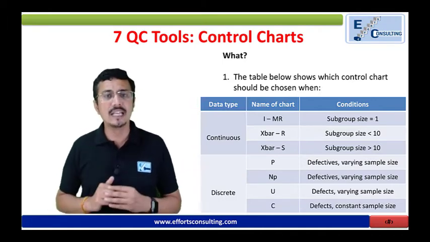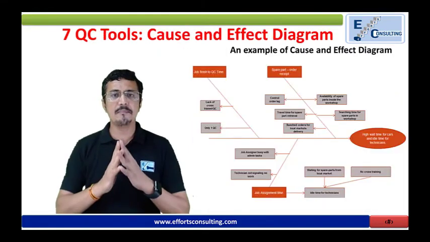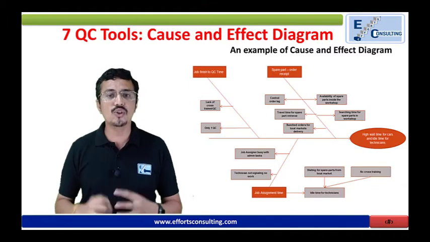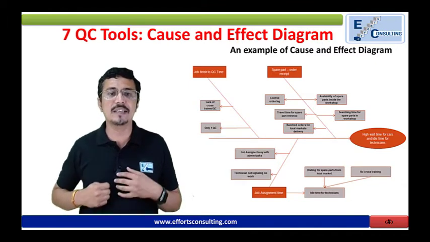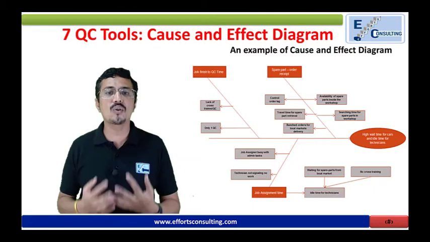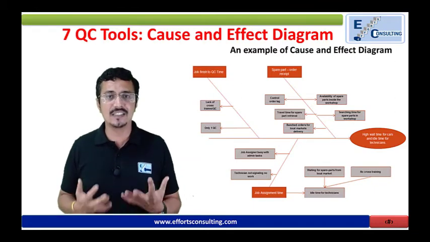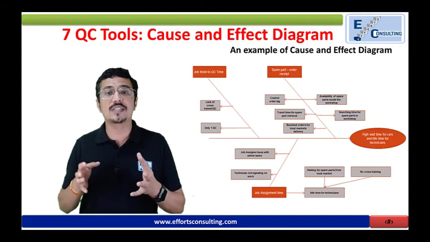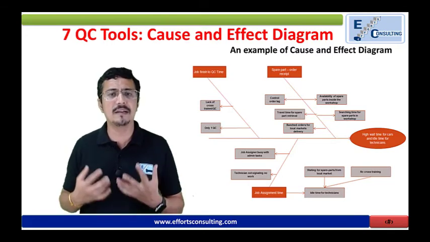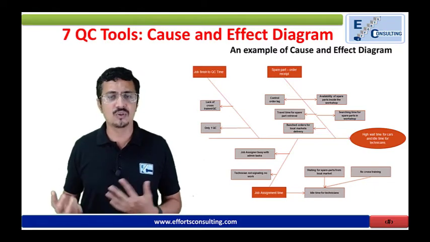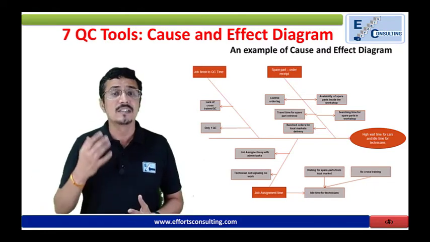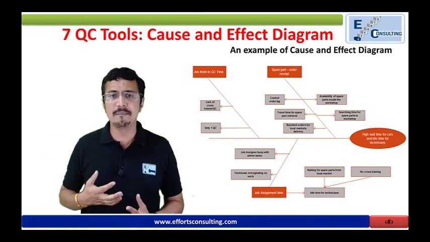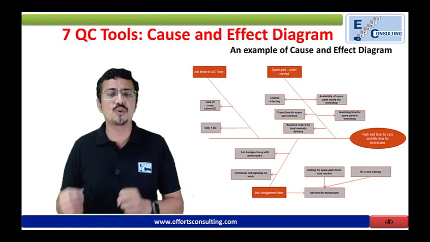Let us understand a very important tool, that is the cause and effect diagram. This is also called the Ishikawa diagram, as it was founded by Dr. Kaoru Ishikawa, and he has given this particular chart to the world. The causes are grouped under the logical category of 6M. What are the 6M? Man, machine, measurement, material, milieu. So you can have a group of it. 7P: product, price, place, promotion, profitability, people, all put together. You can have your causes there.